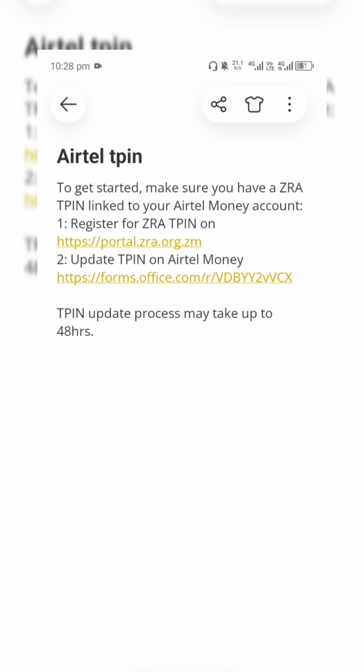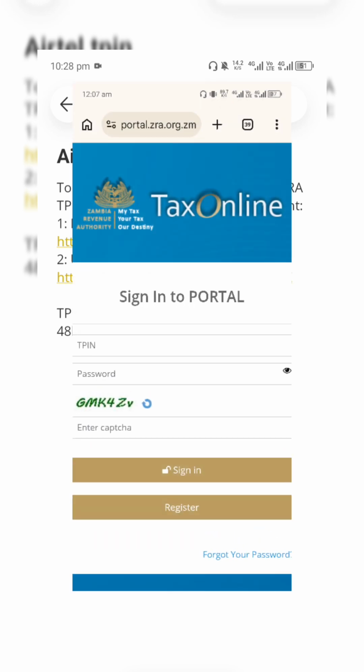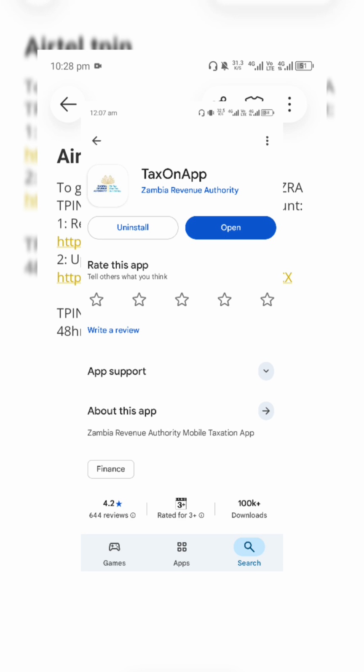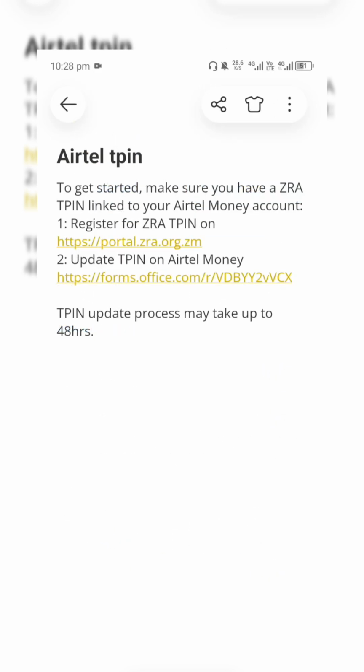And if you do not happen to have a TPIN, you can register on the ZRA portal and have your TPIN ready, or you can just download the ZRA application on Play Store and register your TPIN. Now, once you have your TPIN, in case you want to update it or link it with your Airtel Money,